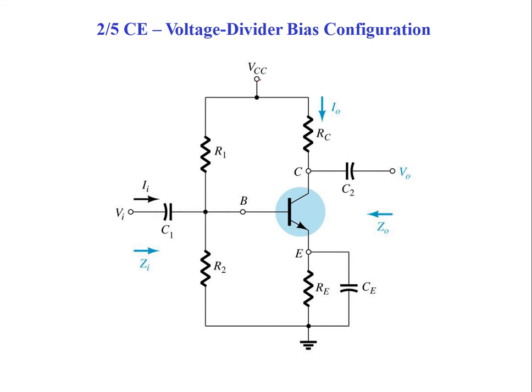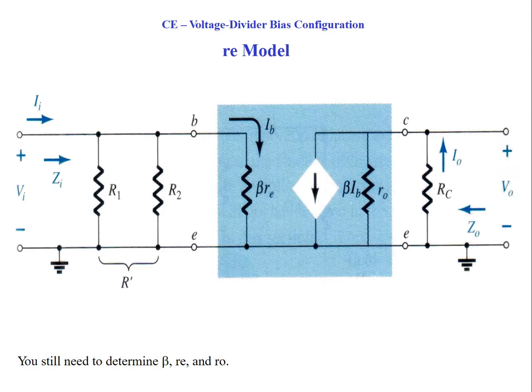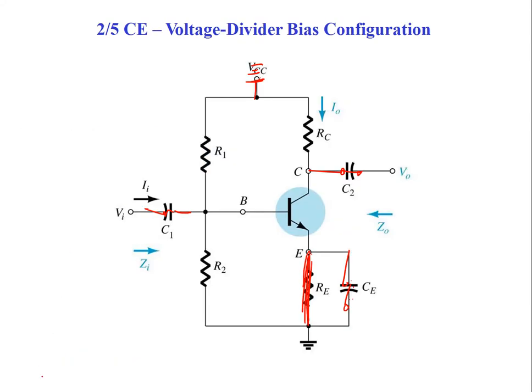So the first thing for the AC analysis is that we remove the DC. We make it ground here, and we make a short circuit of all the capacitors. So this will be a short circuit and this will be a short circuit. If this is a short circuit, it means this RE will be gone, because there will be no RE due to this short circuit. Then what will be the rest of the circuit model? We can easily draw that.